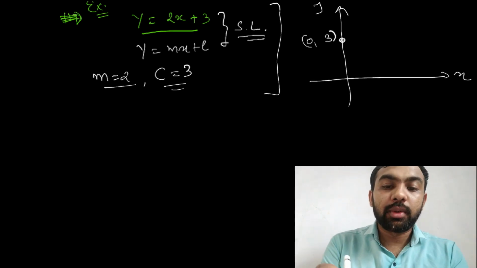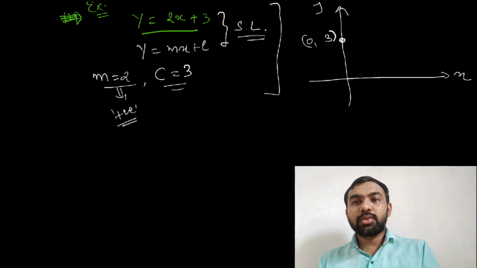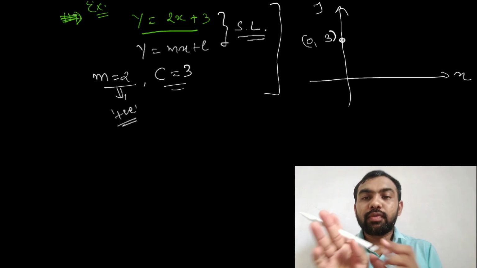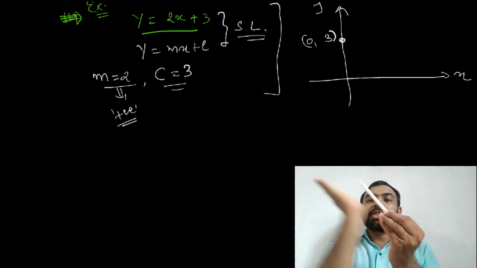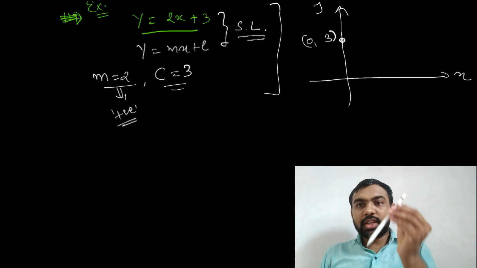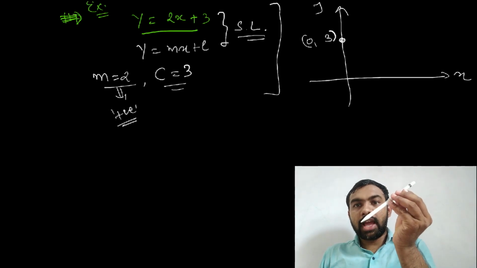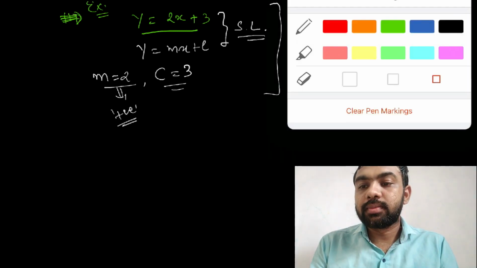Now m is positive or negative? So you must be right, this is positive. This m is positive here. So you just draw this line in this way. Why? Because it is a positive slope and that is a negative slope. So here the positive is given, then we draw this line in this way. So let's draw this figure here.